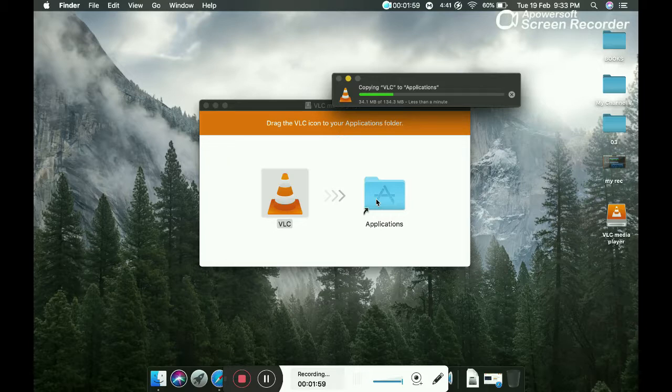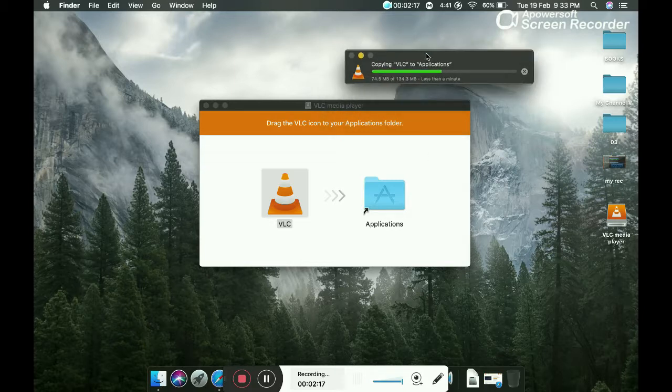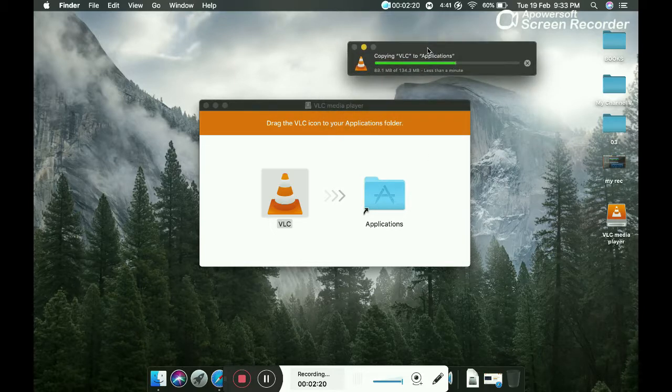After you drag and drop to Applications, wait for it to copy VLC to Applications. It's 134.3 megabytes and it says less than a minute. It depends on your PC speed. If you're using an SSD, then it copies very fast. I have an SSD, so